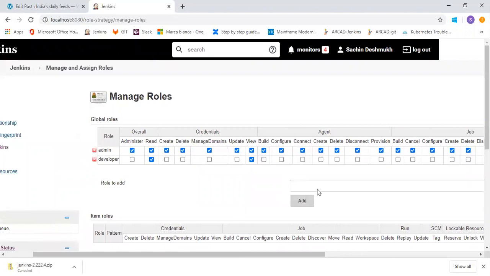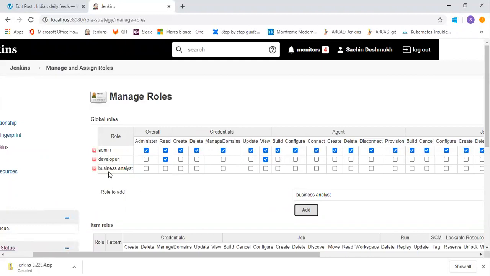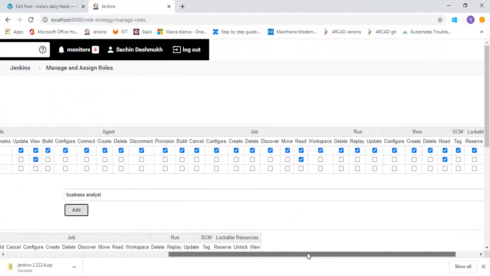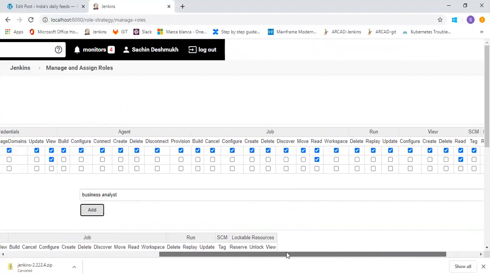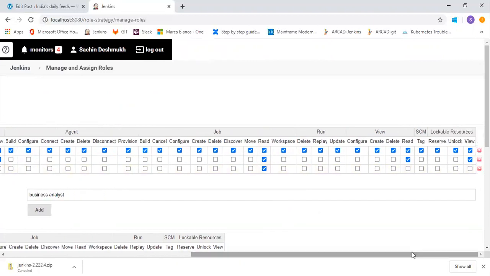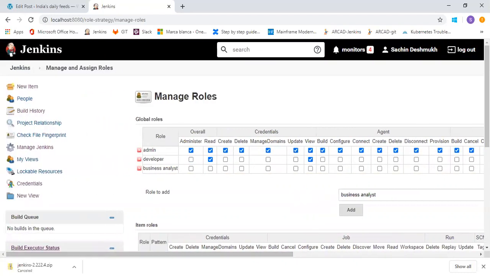If you want to add another role, just like business analyst, I'm adding this role. So you can see business analyst is added. The business analyst will not have much knowledge of Jenkins, but if you want them to just read the jobs, or if you have a view permission, a read permission, then I will give only those permissions which are suitable for the business analyst.